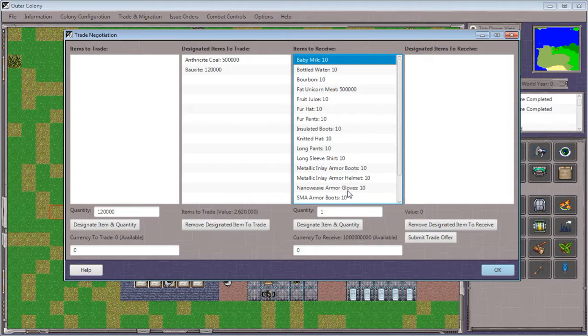There are a bunch of factors that influence the ratio of value that you have to offer to what you're going to get back, but an easy rule of thumb in the early game is to offer a little bit more than what you're looking to get. So